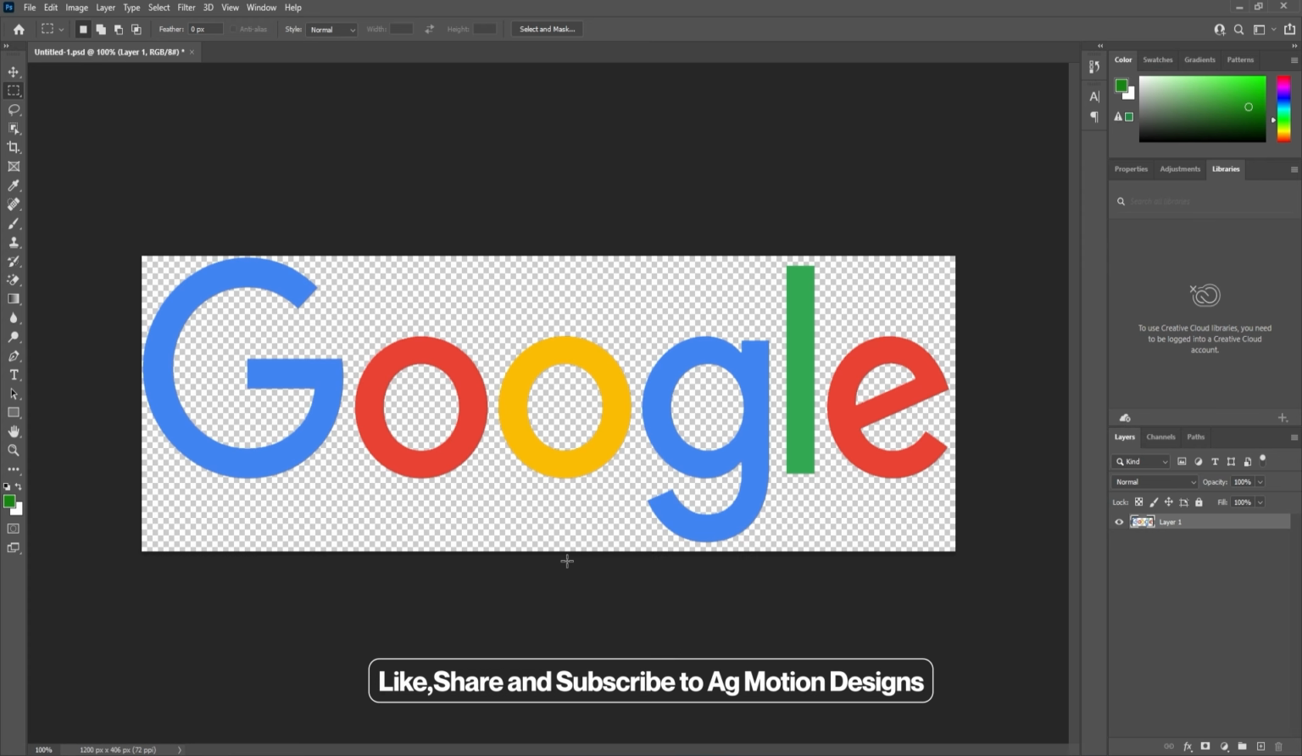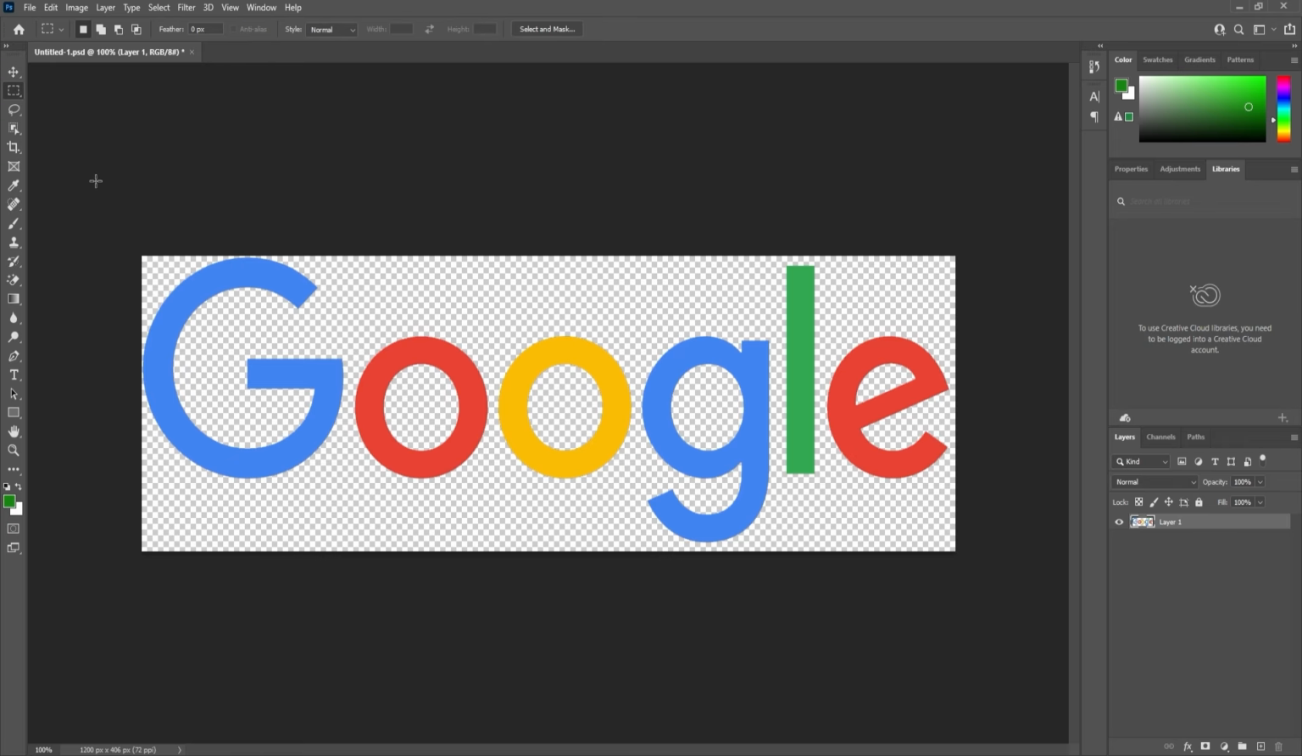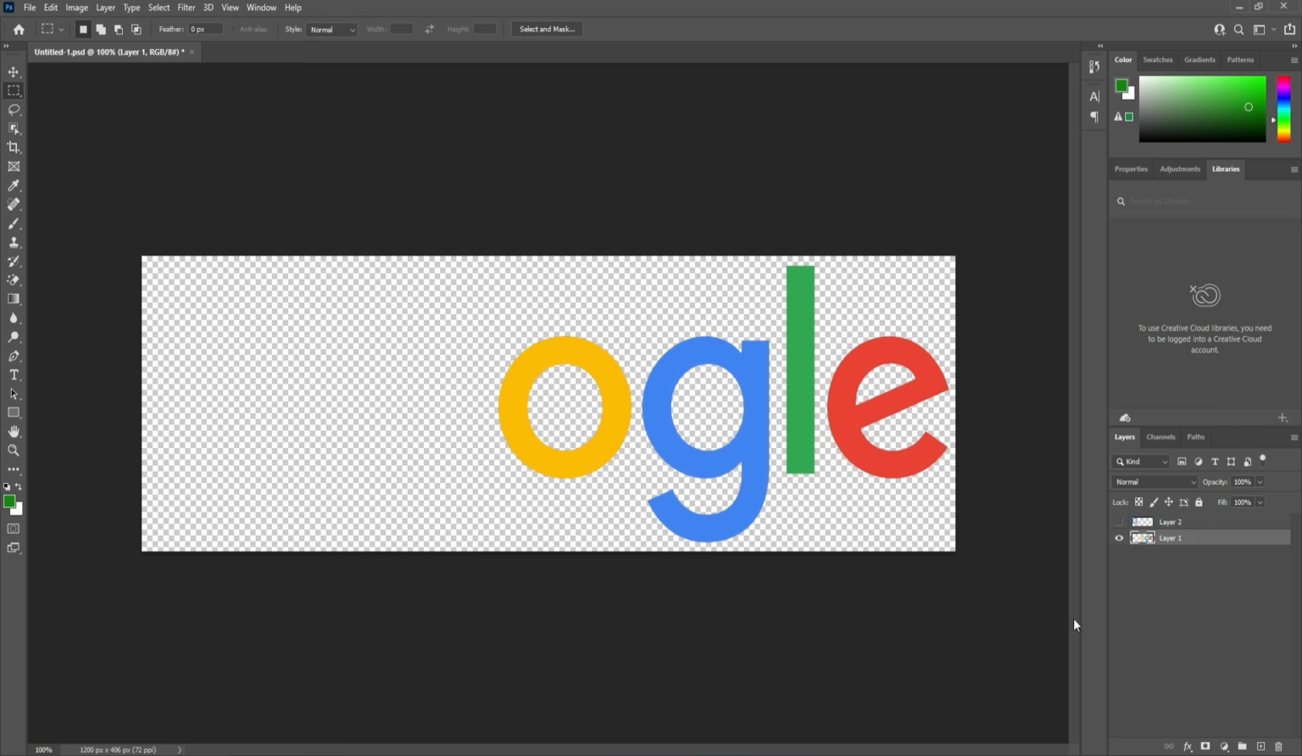Adobe Photoshop. Now I have this Google PNG logo over here. I'm going to press M on my keyboard, so it will automatically select my rectangle selection tool. I'm going to select this G and then I'll press Ctrl X to cut it out, create a new layer and press Ctrl Shift V to paste. Then I'll hide this. Then I'm going to select this O. I'll hit Ctrl X to cut it out, create a new layer and press Ctrl Shift V, and let's hide this. Then I'm going to select this O, hit Ctrl X, create a new layer, press Ctrl Shift V, and